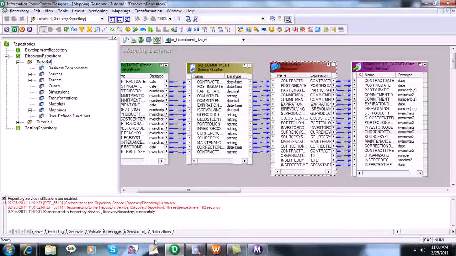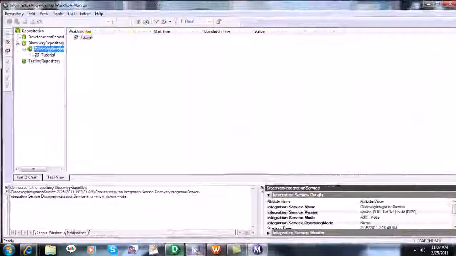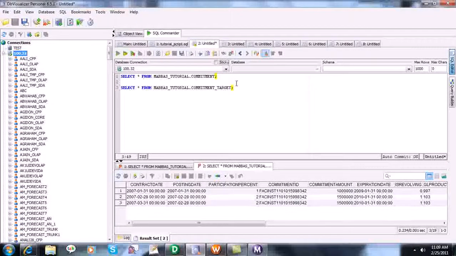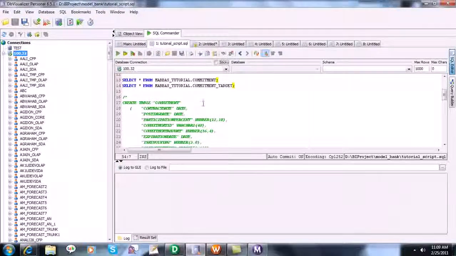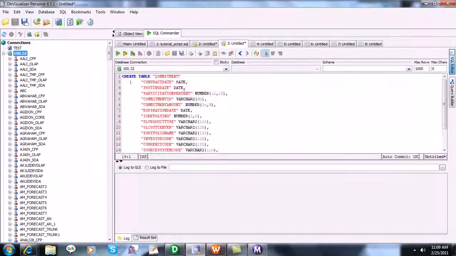Before we go to the transformation creation, let's create one more table so that we can use that table in our router transformation. I'm copying this script and naming it target 1.